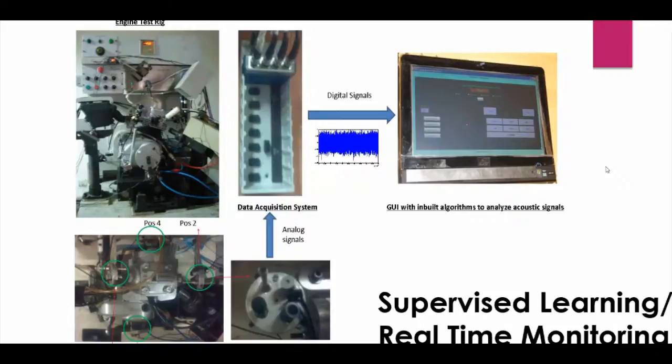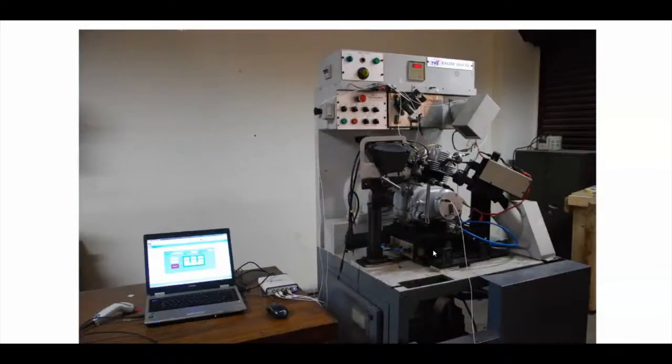And now you see we have used 4 microphones, and then we had the data acquisition card so that we can capture the data, process it, and predict the quality of the engine. Okay, so this was the test rig. It is normally at the manufacturing unit. They also sent this to our lab, and then we developed the overall system, and now they are using it in their industry.